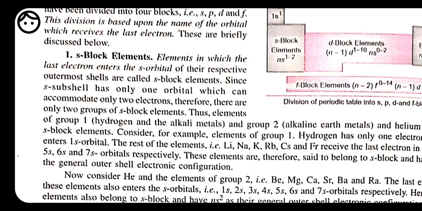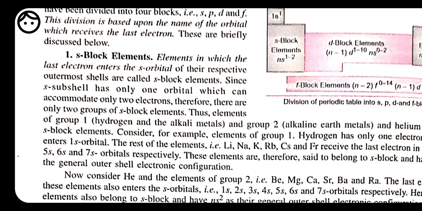Reducing agent, what do you mean by reducing agent? That also we have done in class 10, but here the meaning of reducing agent is a little bit different. Here, the one which can lose its electron very easily is called a reducing agent, and the one which can gain electrons very easily is called an oxidizing agent. So here the loss of electron is very easy in the case of these s block elements, that's why they also act as reducing agents.